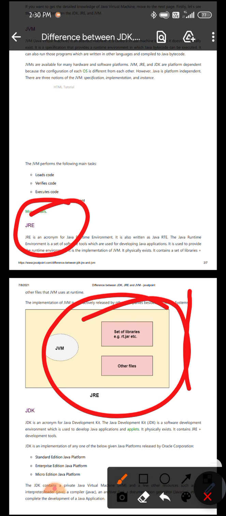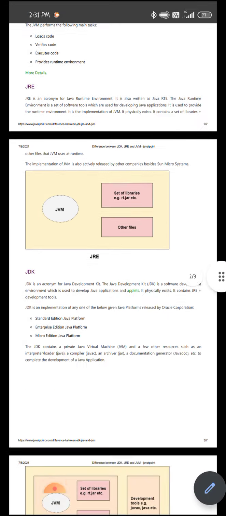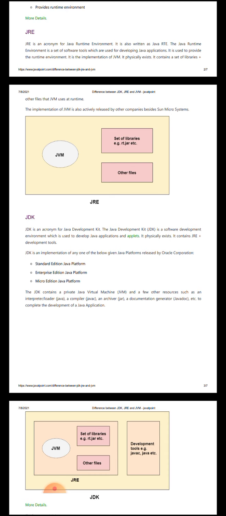Now you know what JVM is. In addition to the JVM, we have here the libraries set.